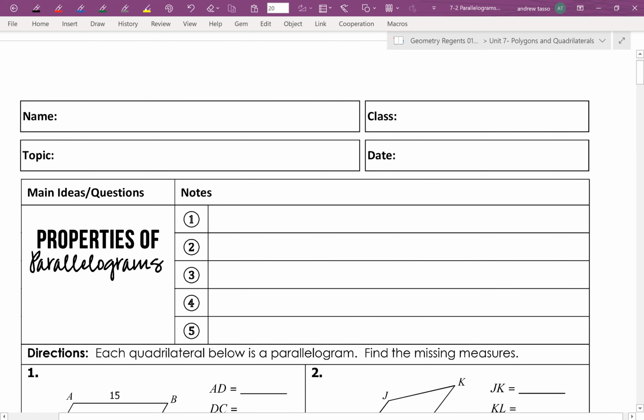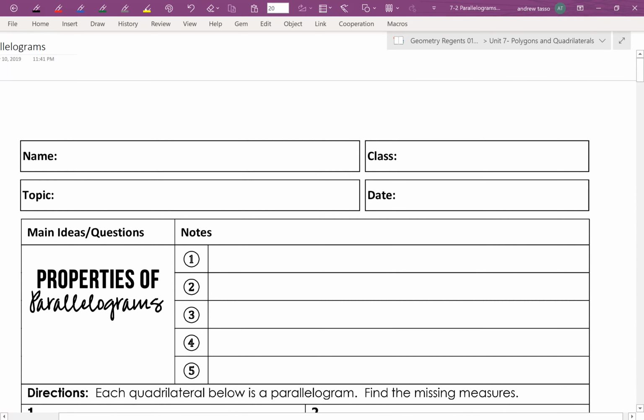Okay guys, so next thing we're going to be talking about is properties of parallelograms. So first of all, let's make sure we know what a parallelogram looks like. So it's this kind of shape here. So the most noteworthy thing about a parallelogram is that it has two pairs of parallel sides that are opposite